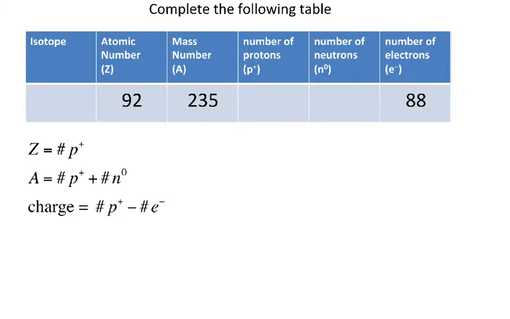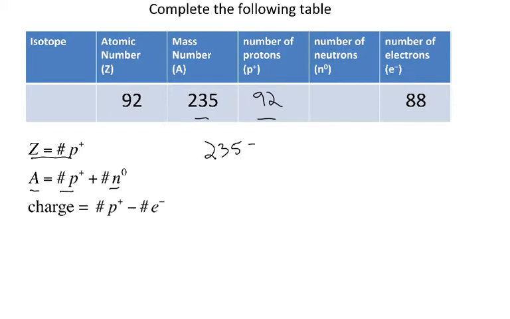And so, let's see how we would approach this problem using these formulas. So the first thing I can do is say, okay, the atomic number is 92. The atomic number and the number of protons are the same, so I can immediately write down 92 here. To figure out the number of neutrons, I can use that the mass number is equal to the protons plus the neutrons. And so I know the mass number, that's 235. I know the protons, that's 92. So what I have is